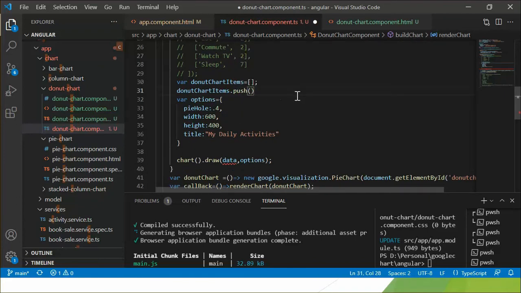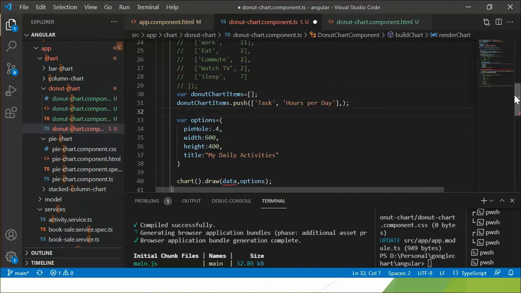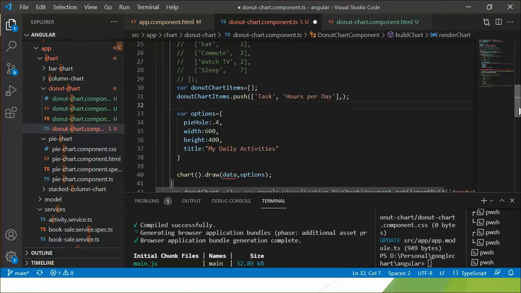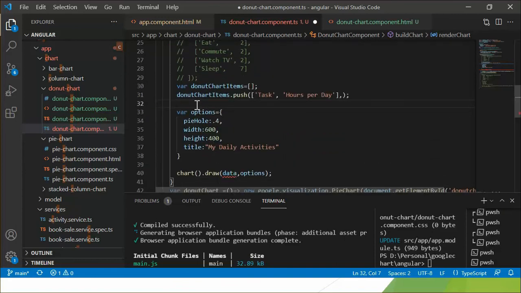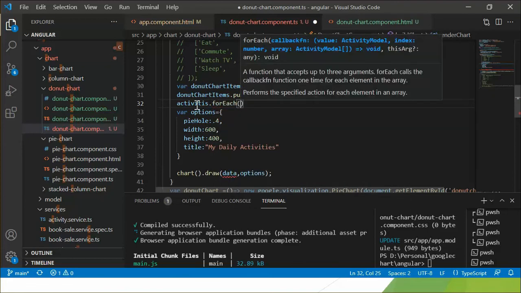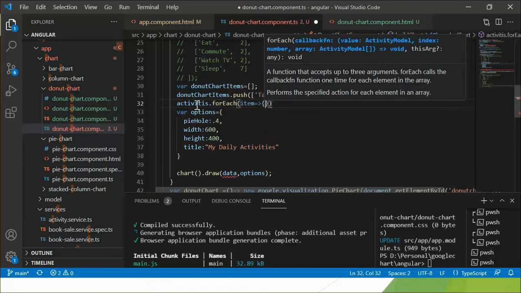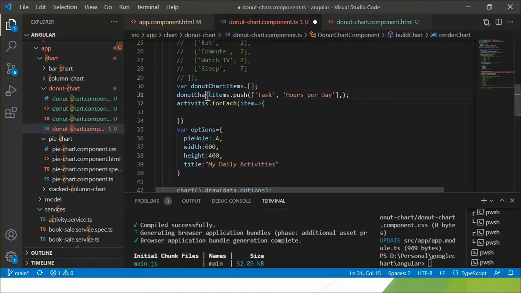I'm putting here the hard coded value, and now I'm going to iterate the activities. What is item?